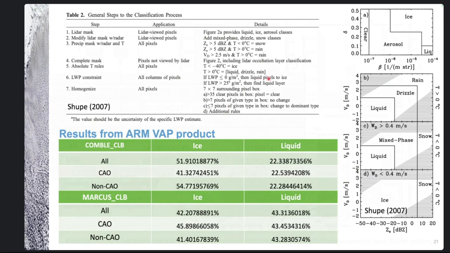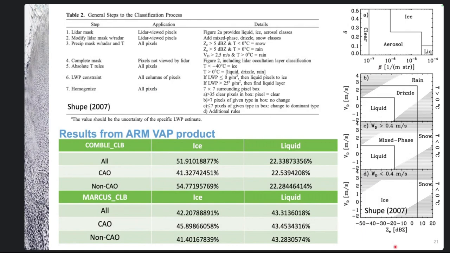And then the other figures in this table show how they derive these products using the Shupe 2007 paper. At the very beginning, they use the LiDAR measurements, the depolarization ratio and backscatter, to say that for the liquid phase we have a relatively lower depolarization but a relatively large backscatter. As for ice, they have a large depolarization but a relatively lower backscatter. Based on this, they also add the Doppler velocity and the radar reflectivity to divide